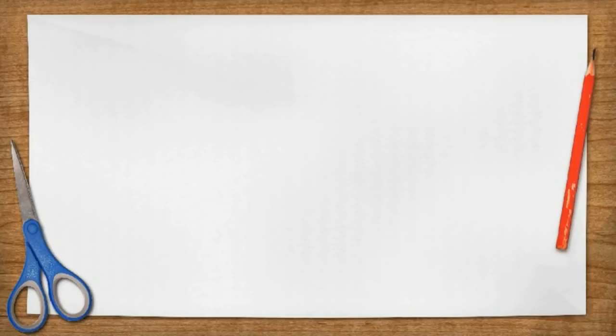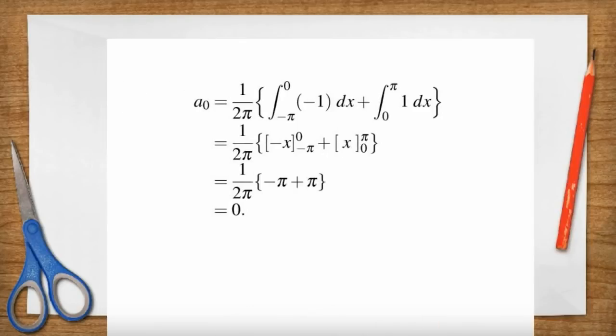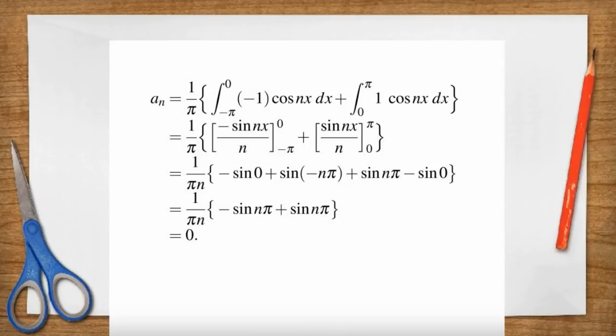So now let's have a look at the integrations. So here's the one for a0. We expected it to be 0, and in fact the integral tells us that a0 does in fact equal 0. Next, we expected all the other a terms to equal 0, and here's a calculation. Now I've just put here n can be any integer, 1, 2, 3, 4, 5, whatever you want. And you can see that irrespective of what n is, we always get 0. So that's also good, and so that now just leaves us to discuss the b